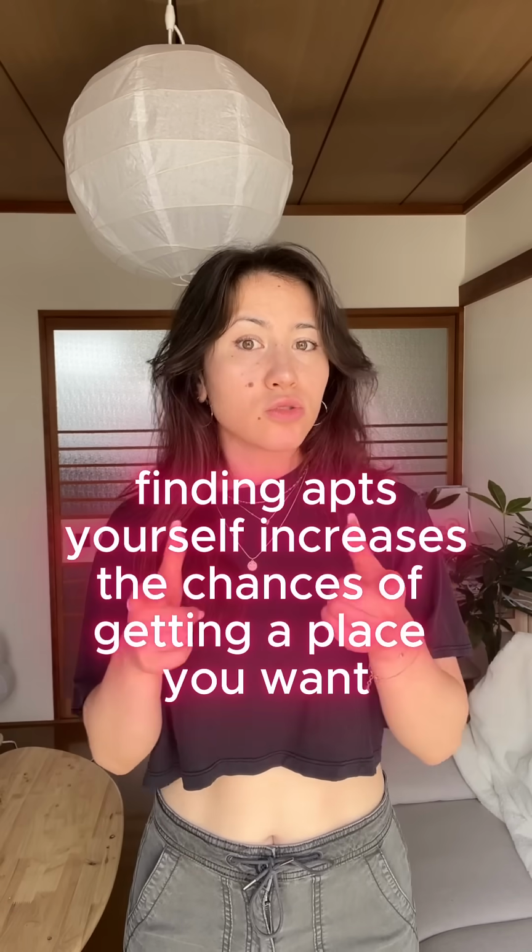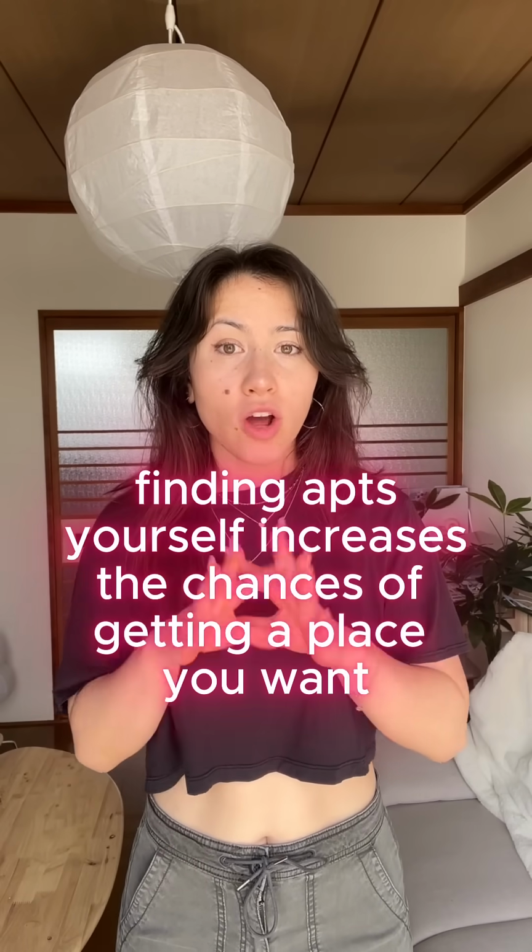So that's how I was able to tour a lot of places that I actually wanted, and not just random places that the agency found that would maybe work out. Because that's what happens. A lot of my friends are using these English speaking real estate agents, and then they're touring apartments that they wouldn't even want in the first place. So I feel like if you do your own research and you make sure that all the criteria is met, then you can just go to the place that you want to go to and not waste all that time. That was a very surface level description on how to do all this, but I will in the future be making a YouTube